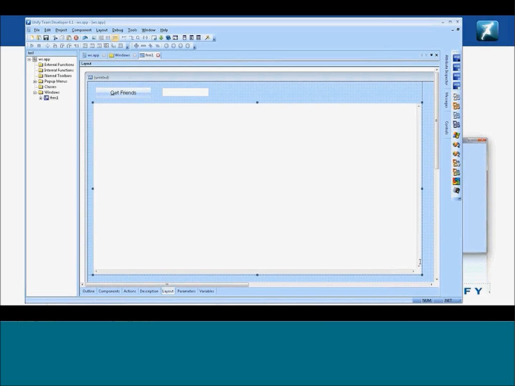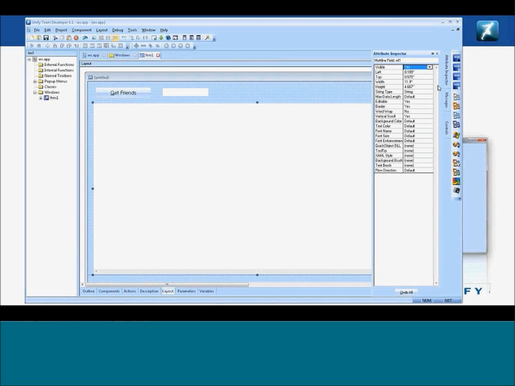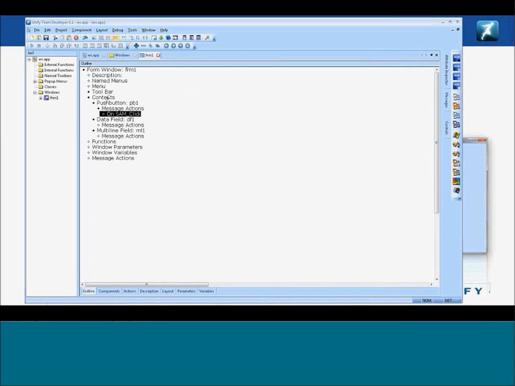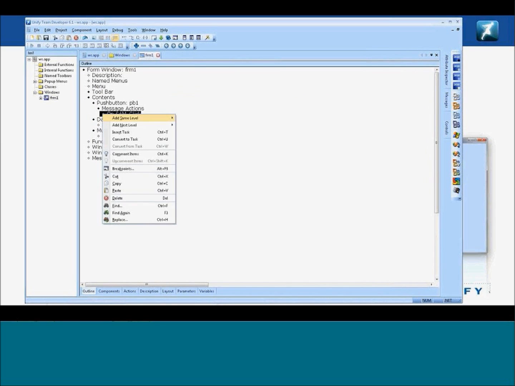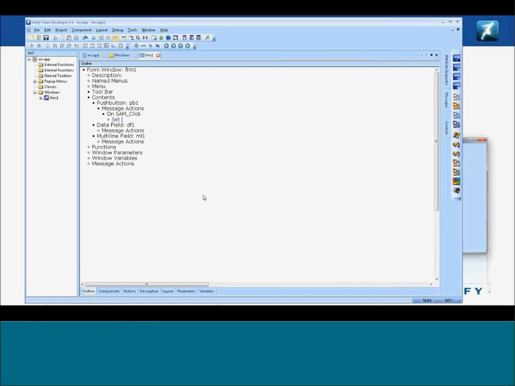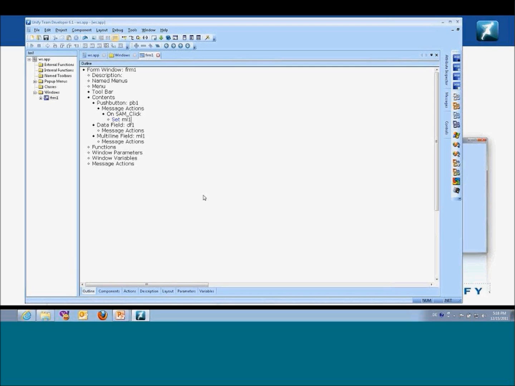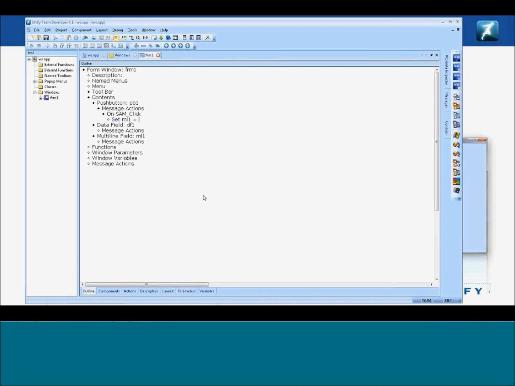Draw that here. And then on the attribute inspector, data length, give this a bit more space, and switch on word wrap so you see a bit of this. And now I just double click on this button here to go to the on-click of that button. And now at the next level, what I want to do is set the contents of the multi-line field ML1 equal to,